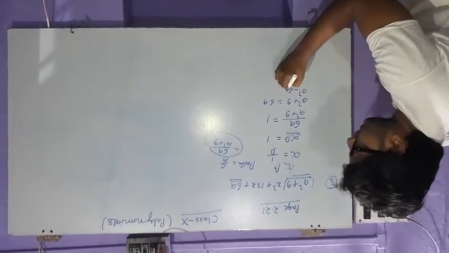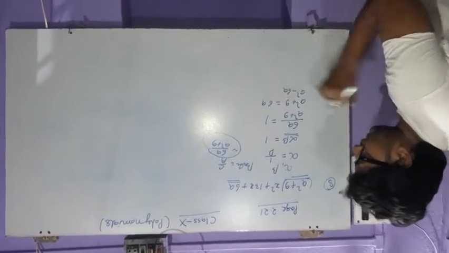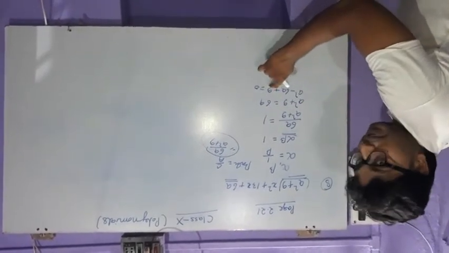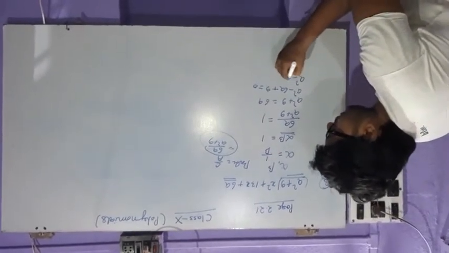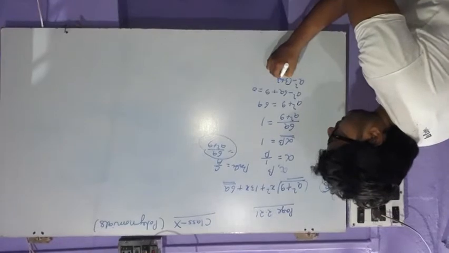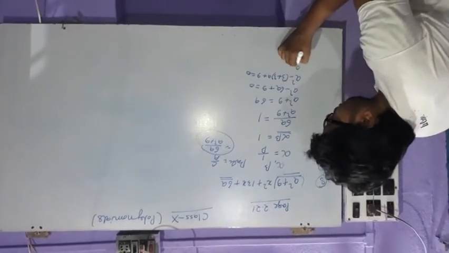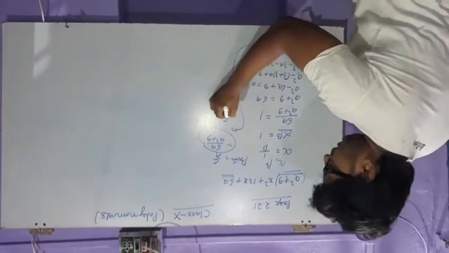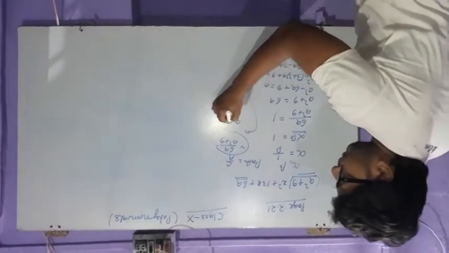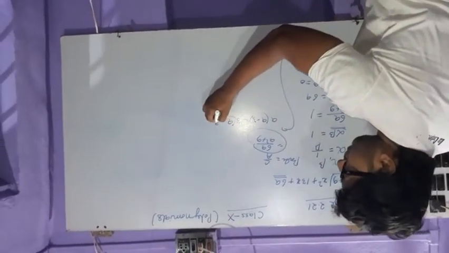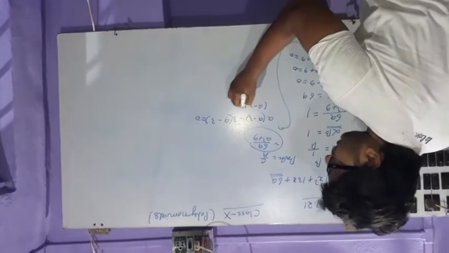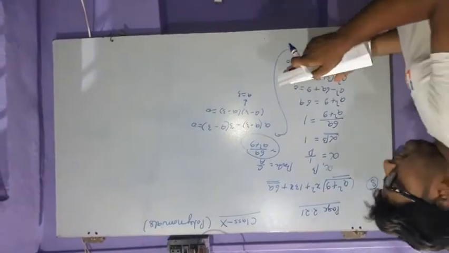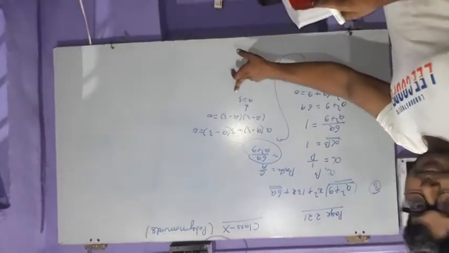Again a square minus 6a, when we bring it to this side it will be minus, plus 9 equals to 0. This is like a square minus 2ab plus b square, so you can factorize it: 3 plus 3, a square minus 3a minus 3a plus 9 equals 0. We take a common, so a minus 3, and again we take 3 common, so a minus 3 equals 0. So a will be equal to 3. So what is the question telling us? If one zero is the reciprocal of the other, to find the value of a, the value of a will be 3.